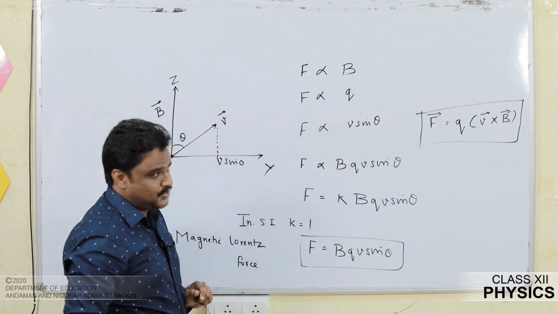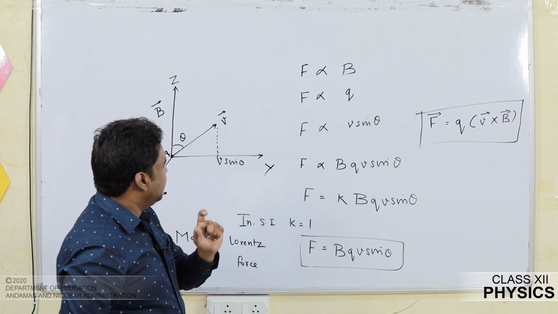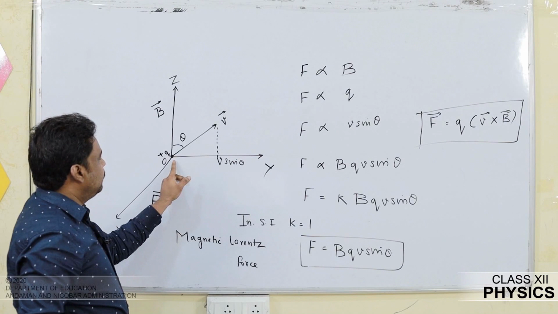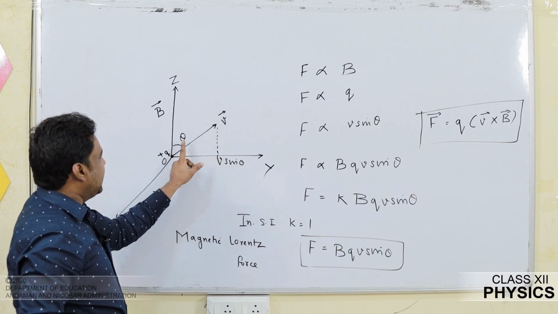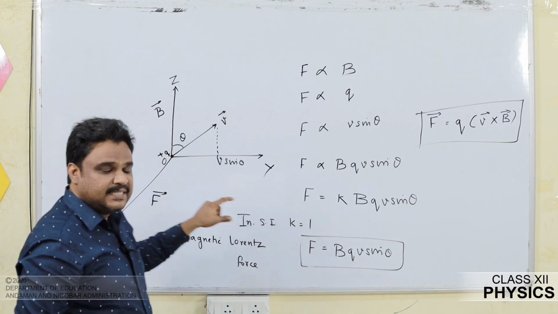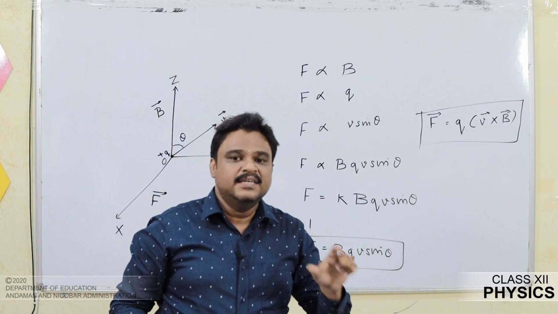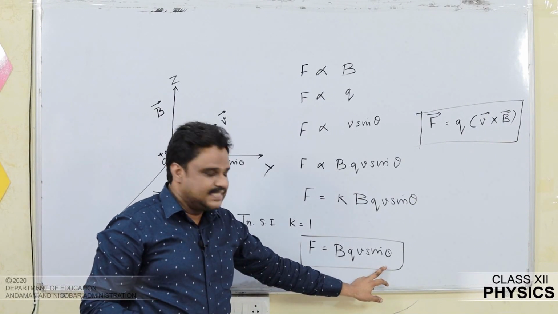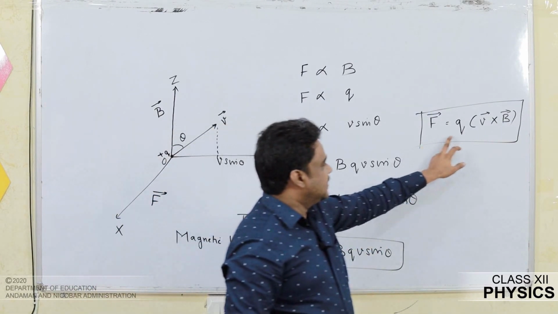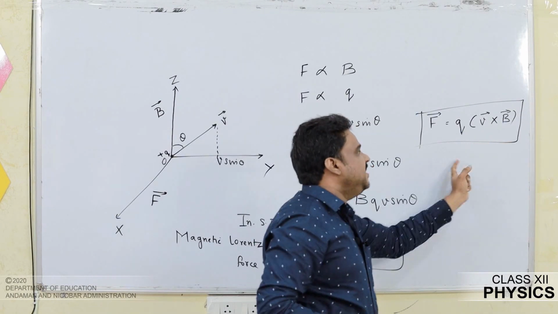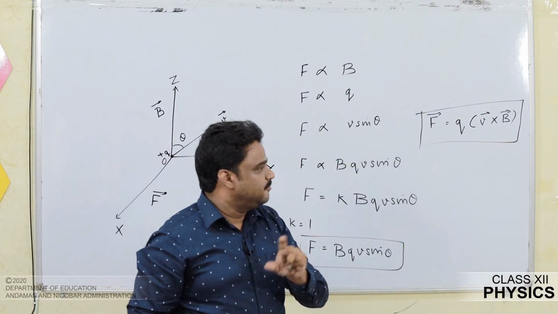Having a very quick recap, I assume a charge plus q moving with a velocity v, making an angle theta with the direction of a uniform magnetic field. Under this situation, the charge experiences a force. The magnitude of the force is F equals B Q v sine theta. In vector form, F vector is equal to Q v cross B. You should know the sense of rotation is from v to B and not from B to v. For that, it is written v cross B.